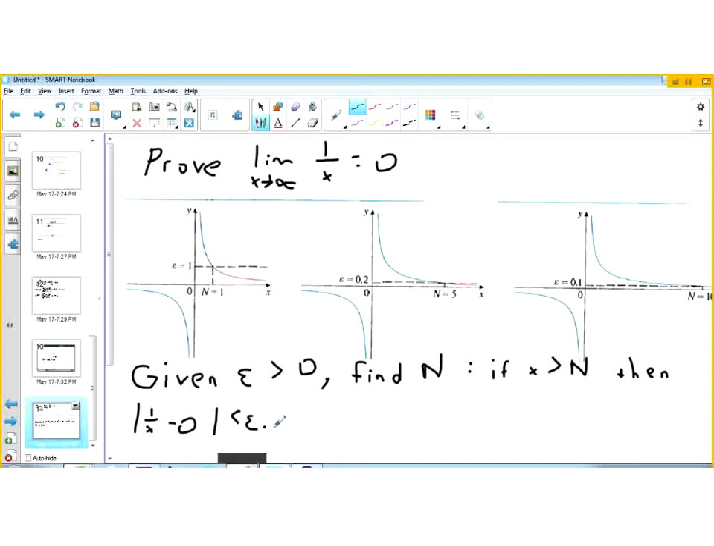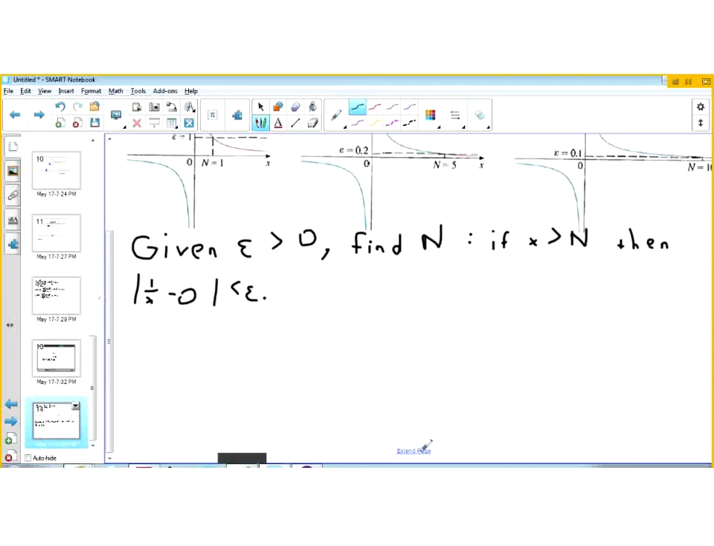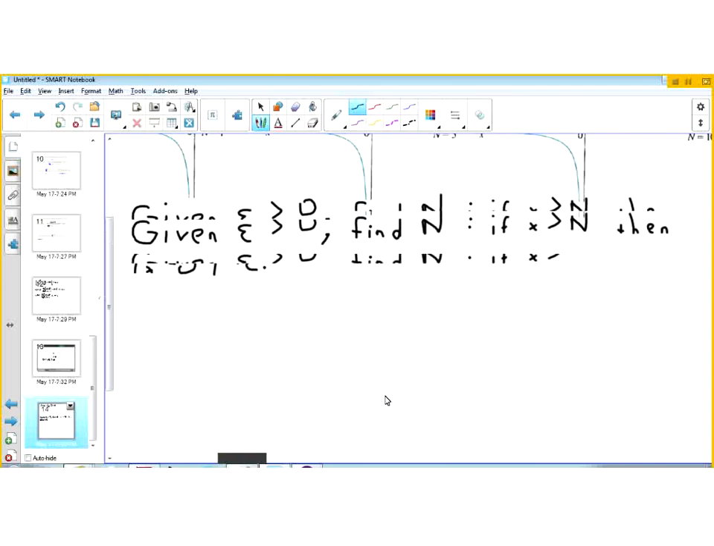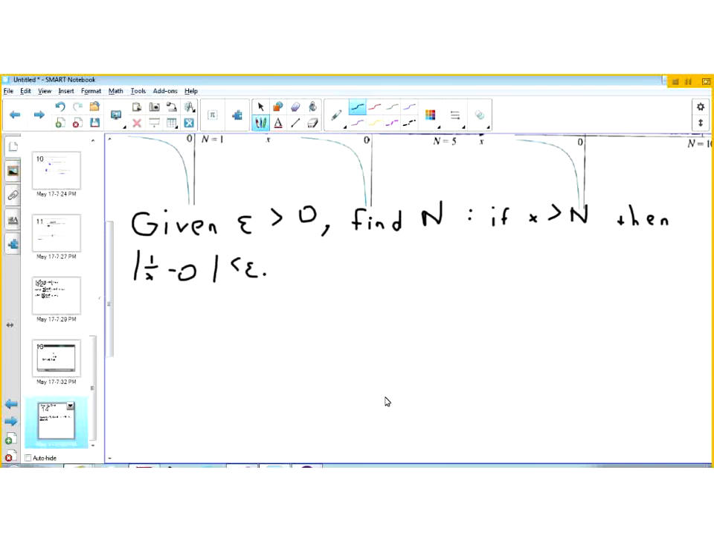Okay, so how do we calculate n from this statement? That's what we need to find. If we can find an n, then the limit exists. So to calculate the n, make an assumption. Since x is growing very, very large, assume x is greater than 0 at the outset. Since this is an infinite limit problem, we're safe. That assumption is valid. Okay, so if that's the case,